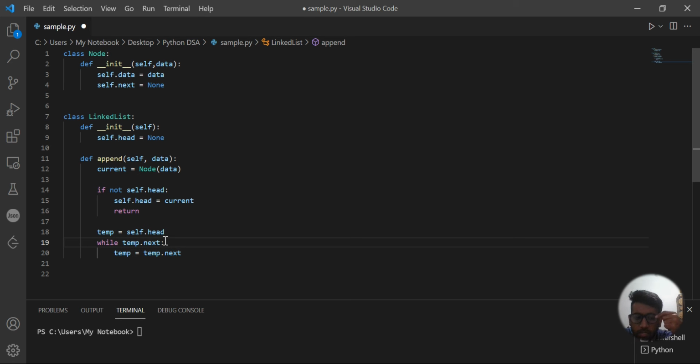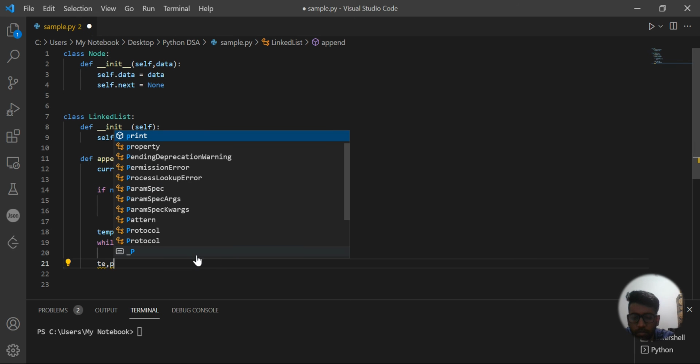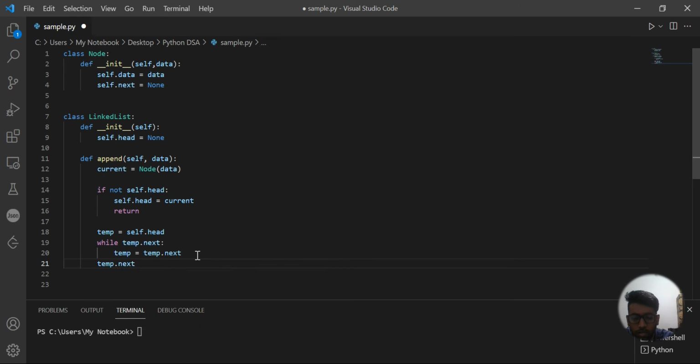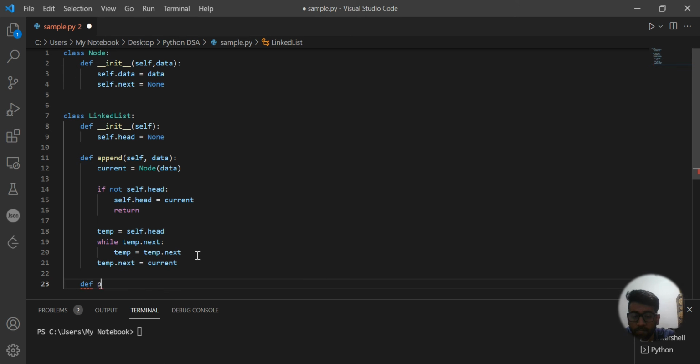If the next is empty, then it's enough, and from then onwards temp.next becomes current. Okay, so we're done until now, and there's one more function that we need to create, and it's def